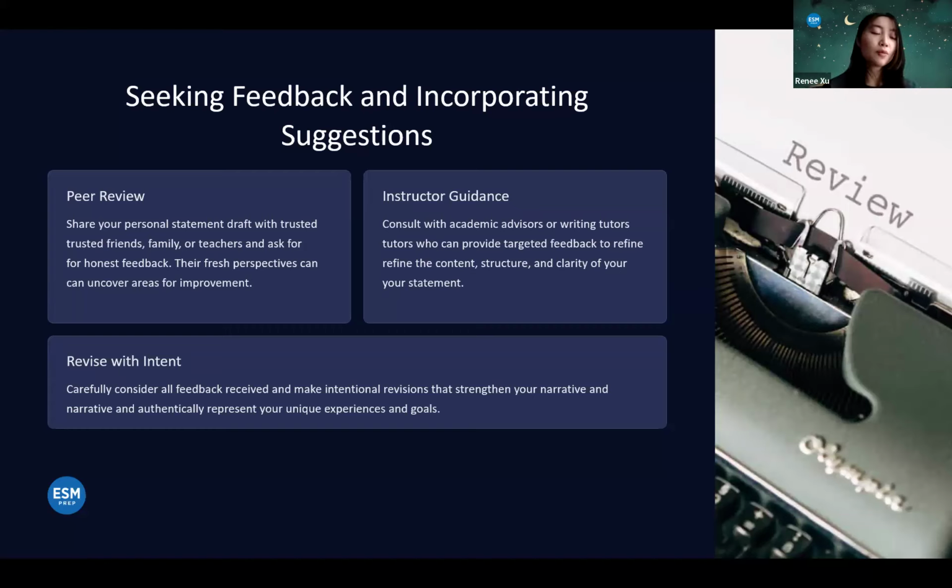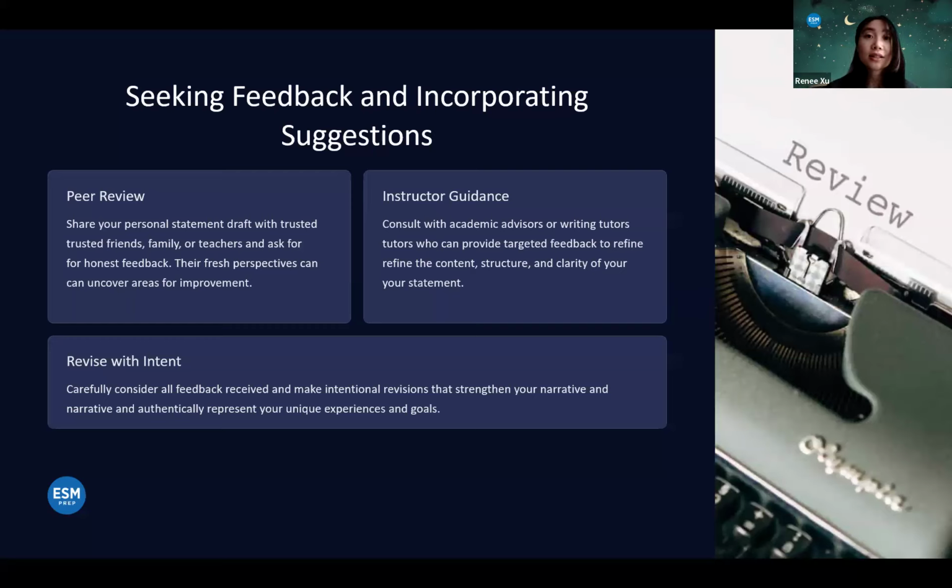And by clarity, I'm going to go back to what I said before. You want to have a thesis driven personal statement. And by that, not again, like the last sentence at the end of an introduction, not that. The clarity of your personal statement is the couple words, the sentence that when someone is done reading your personal statement, they're like, this person is resilient and blank, right? Like you need to leave them with these words and impressions. And if you haven't done that, it wasn't clear enough.